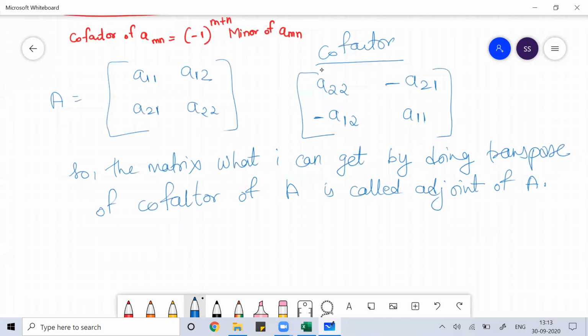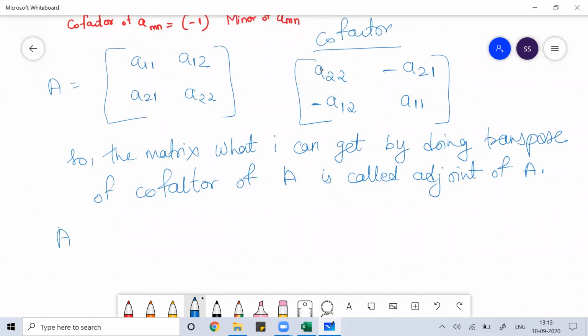For matrix A, this is the matrix A: A11, A12, A21, A22. The cofactor of